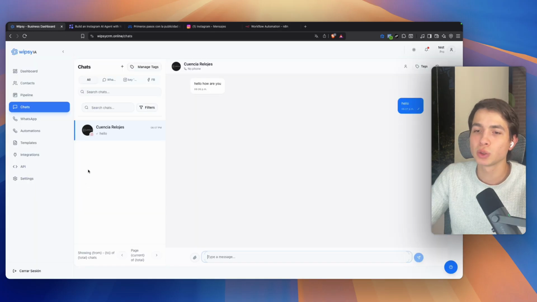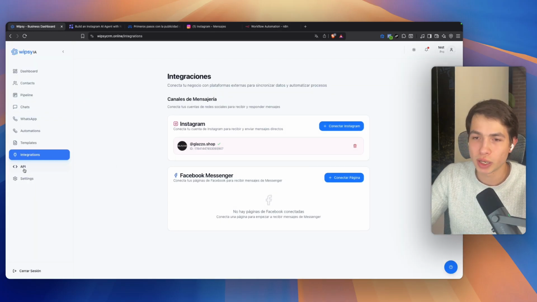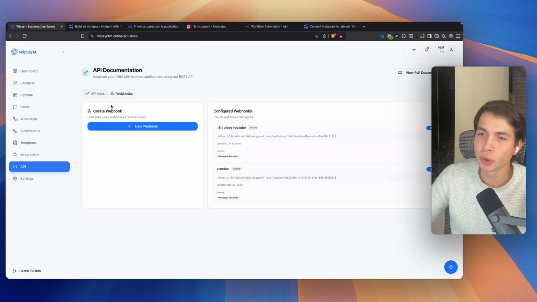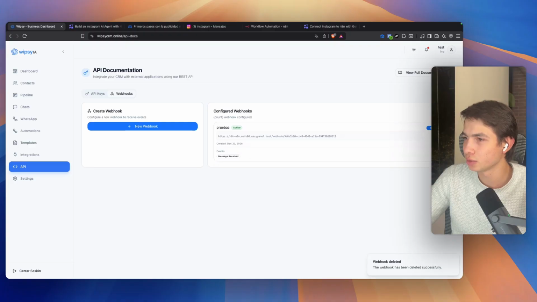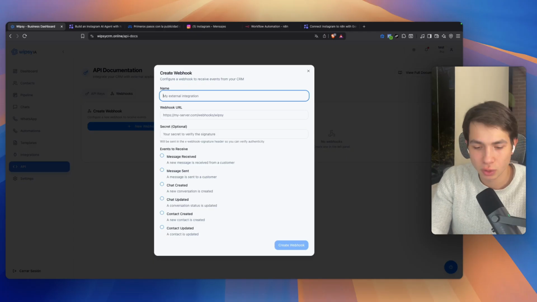We're going to go back to Wipsy, and we're going to go to integrations, to API. And in API, we're going to go to webhook. Here in Wipsy, we're going to press create new. I'm going to delete these ones. We are going to create a new webhook, and we're going to put a name. So the name is going to be YouTube